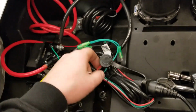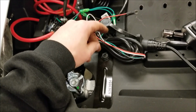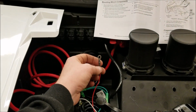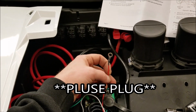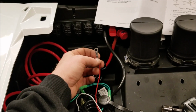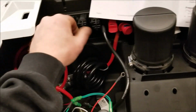So I said, or well, I might not have, the white wire goes over here. This is gonna be ground also to this bundle of wires, and this red is either going to be, I'm going to have to get a plug that'll mount into this so it'll look clean and everything, but this will be an ignition operated switch, so it'll only work whenever the key is on. I don't want it to be on all the time because I think it'll drain the battery, but out of these plugs here,